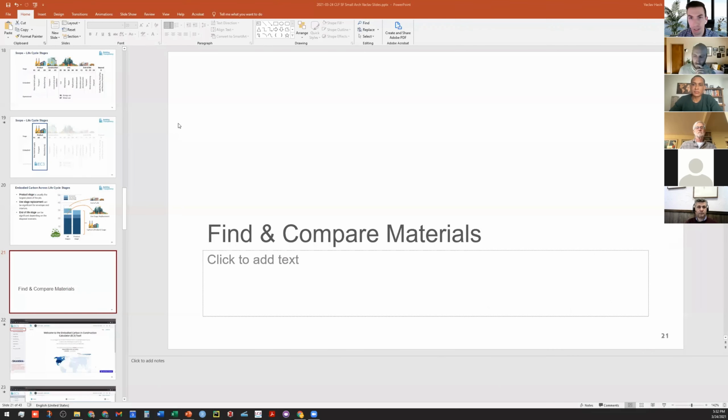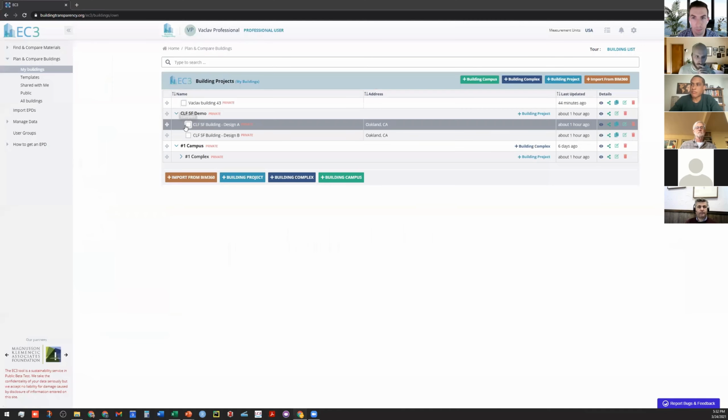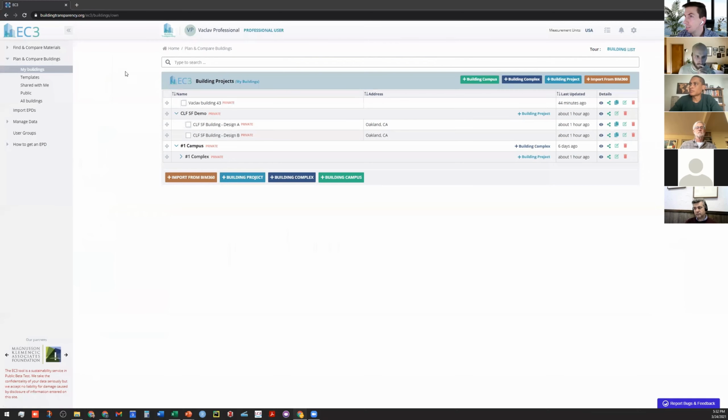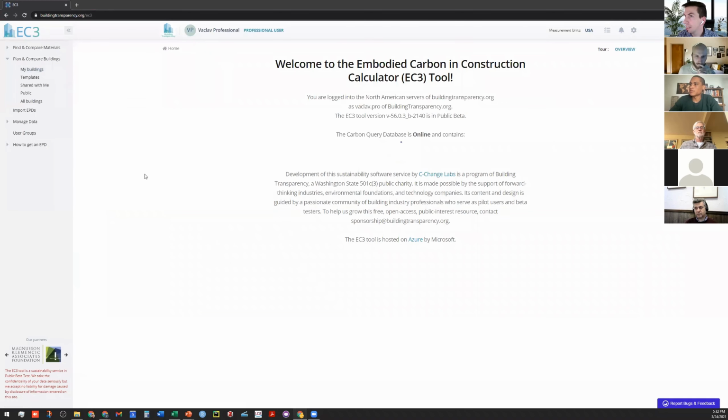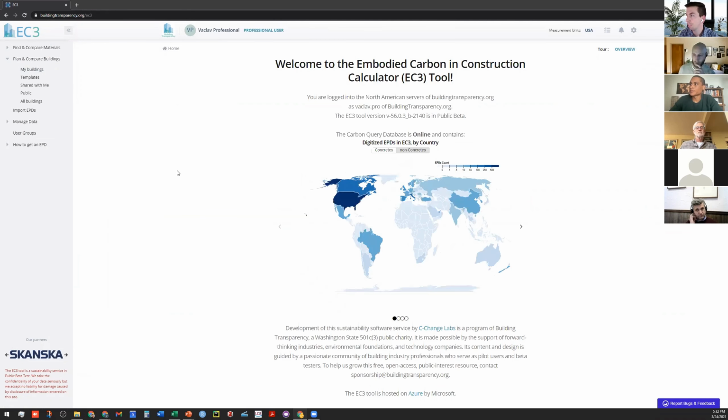And I think this should be about 10 minutes long, maybe less than that. So let me start at the landing page of Ec3. If you've never used Ec3 before, this is where the tool brings you when you first sign in. Just the general information about what you are looking at here: at the top you have your username, and you can define your user settings up here. You're also linked to your